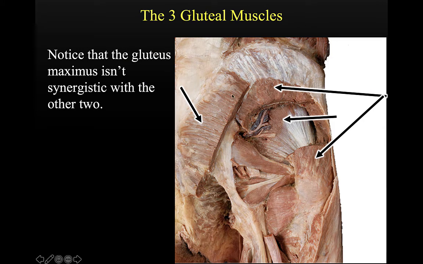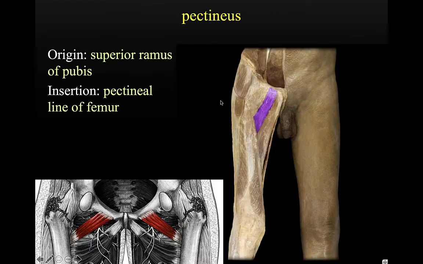All right, and we can kind of see all of these things here. So we've got our gluteus maximus cut away here, coming across diagonally, and we can see our medius and our minimus here. So you get the idea that we really do have to remove the medius to see the minimus, but we can see a lot of this gluteus medius even if that maximus is in place. All right, our next muscle is one of our